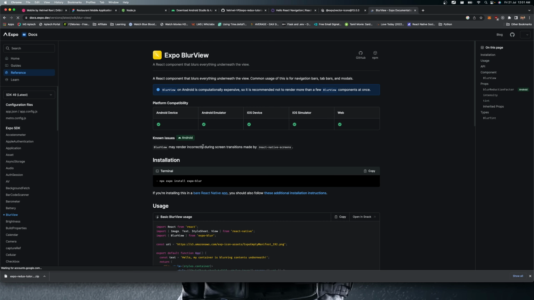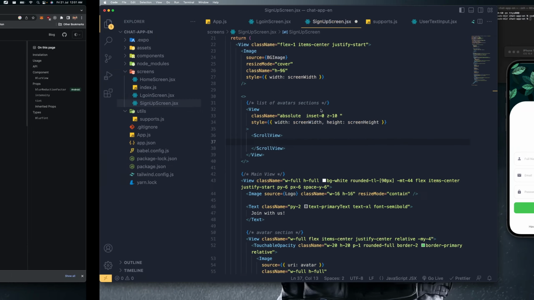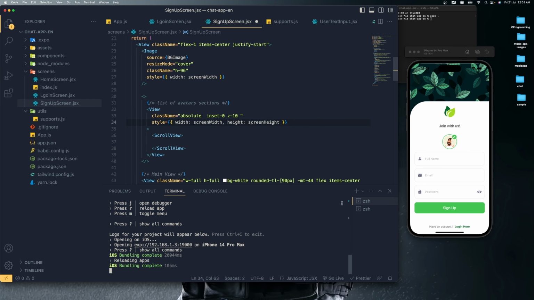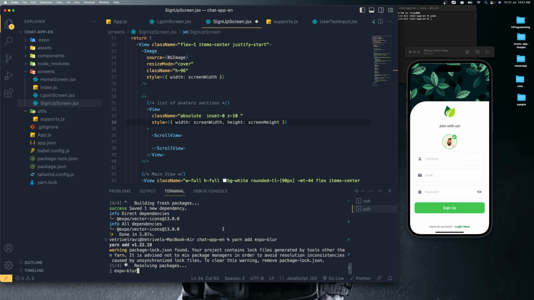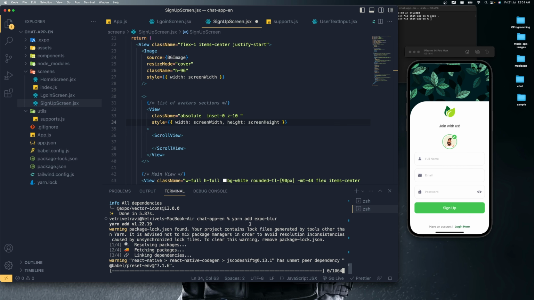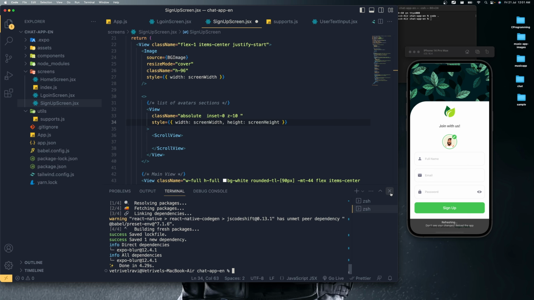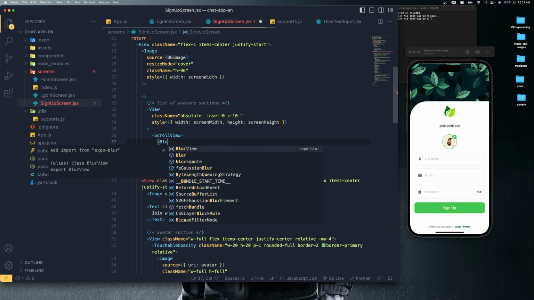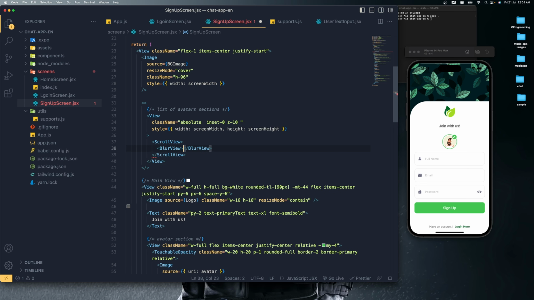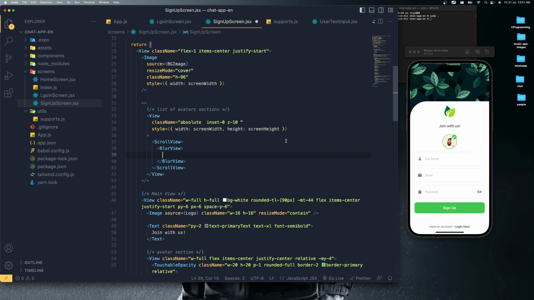So let's bring that Expo blur view. To bring it, you need to add this Expo blur. So let me copy this and let me open up our terminal, and let's say yarn add expo-blur. So this will add that Expo blur in your project. Then I can bring that blur view over here. So let's say BlurView, make sure that it is imported properly, and inside here I'm going to bring the className,